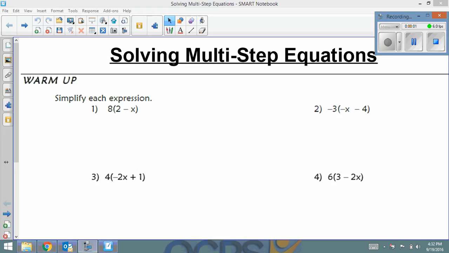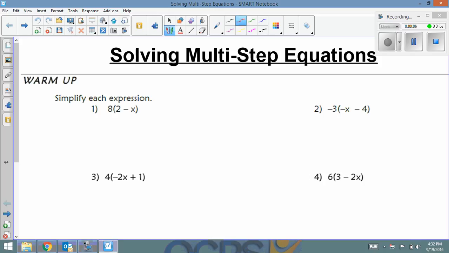Today we're going to talk about multi-step equations. So we're going to do a couple warm-up problems. Remember with the distributive property, we just take that number on the outside and we multiply it into both numbers on the inside. So it's going to be 8 times 2, which is 16, and then 8 times x, which is